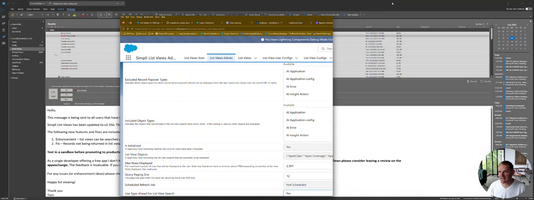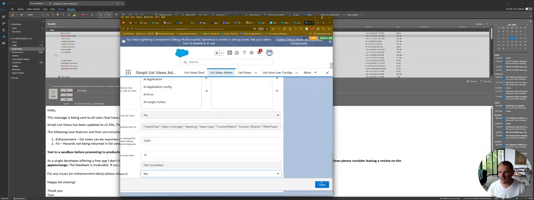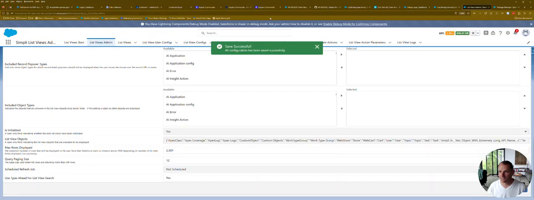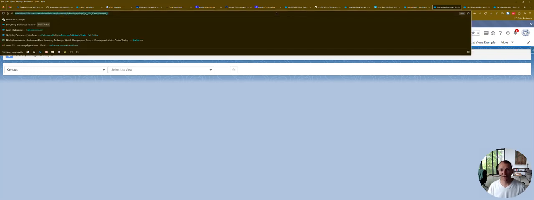And we need to click save, which I can't do because my mug is in the way. So I just do that. And now you can see that the use Typeahead is set to yes. So if we now refresh this page,